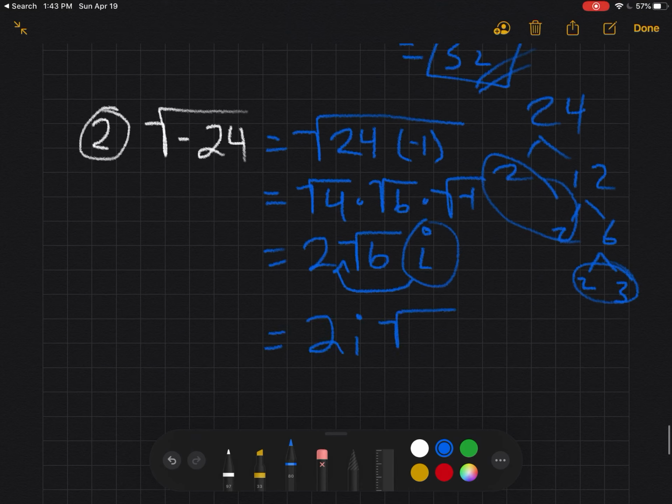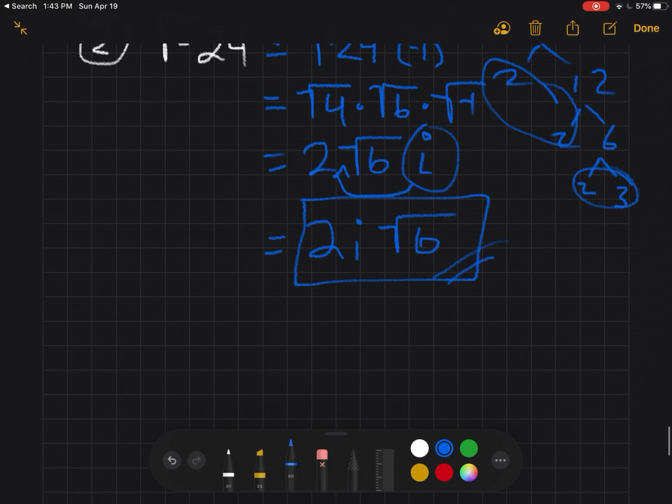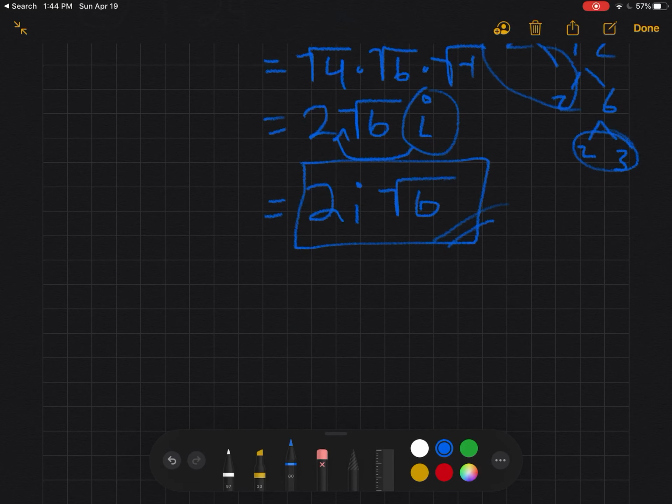Square root of 6 can't be simplified, and the square root of -1 gives me i. So I told you before that we put the i right after the numeric part, but in a case where we still have that square root, we typically rewrite it underneath here, and so we write it in this form, 2i square root 6. And we do that because we don't want it to seem like this i is underneath the